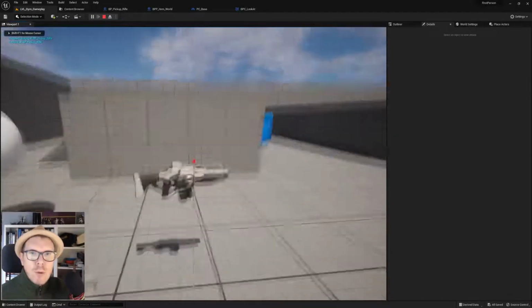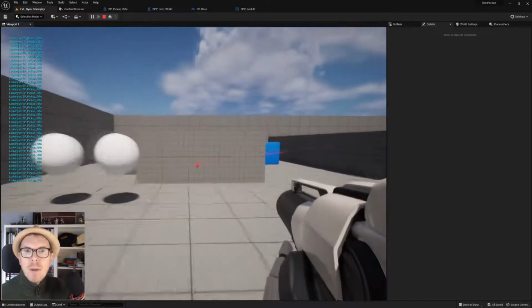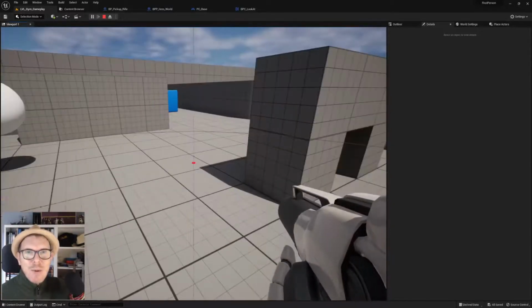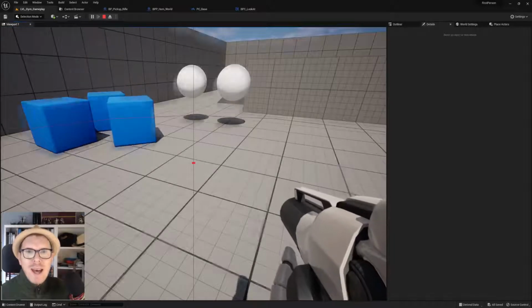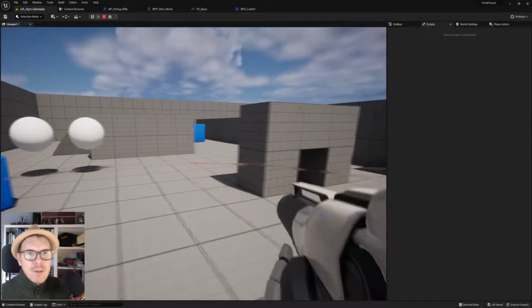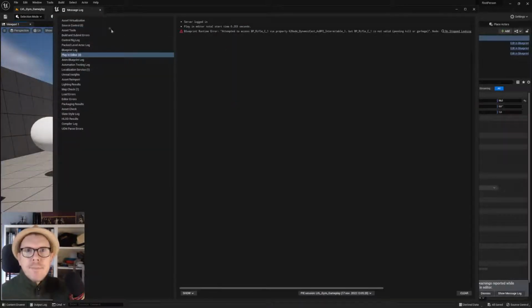So I'm moving forward to the gun. I'm looking at the gun. I'm hitting F. I picked it up. It works. And now it also works because we have actually added a component to our player. That is marvelous. We have circumvented the